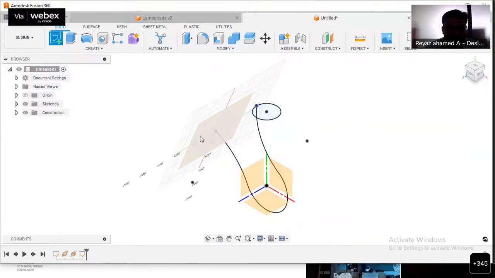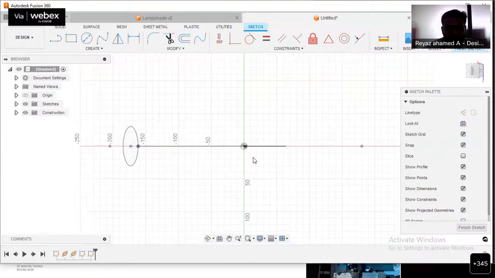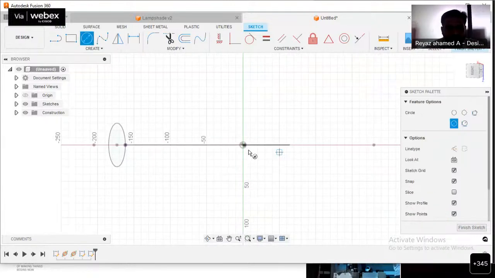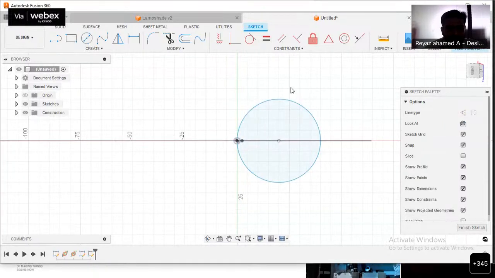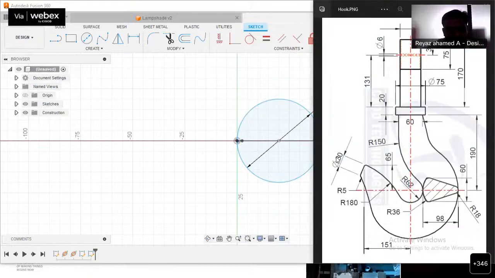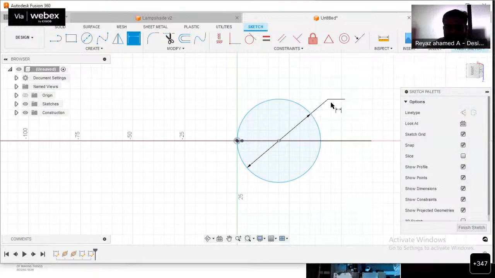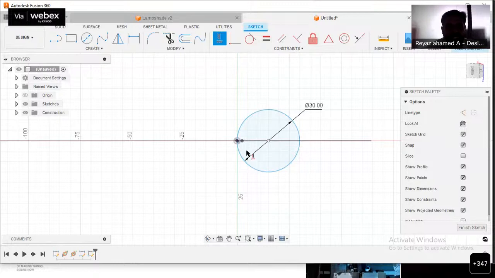Let us select this plane. Let me click on this plane. We have to create a circle, because at that end there is also the same cylindrical portion. Just give the dimension. It is already mentioned as 30 mm diameter, so give the value as 30. And then give the same horizontal constraint. Let me click on the horizontal vertical constraint. Let me choose this point and then this center point. See, now this turns black.